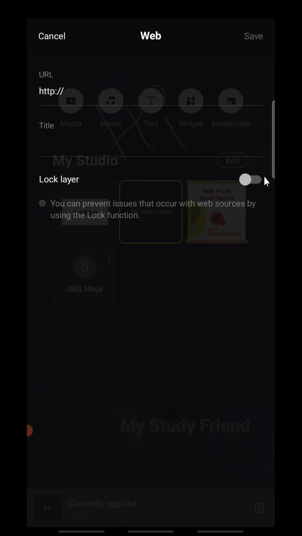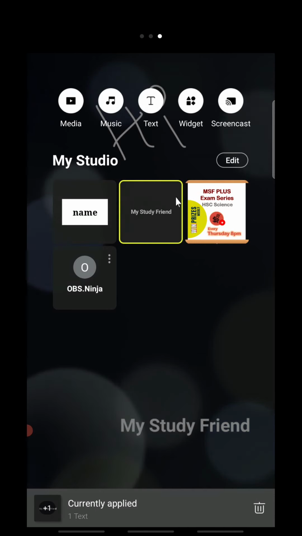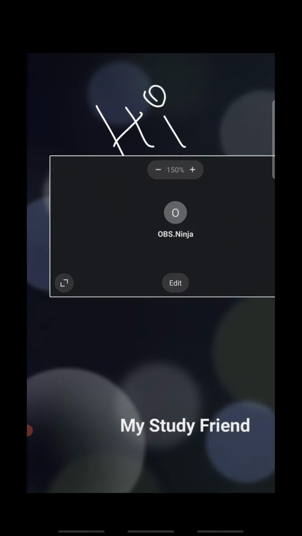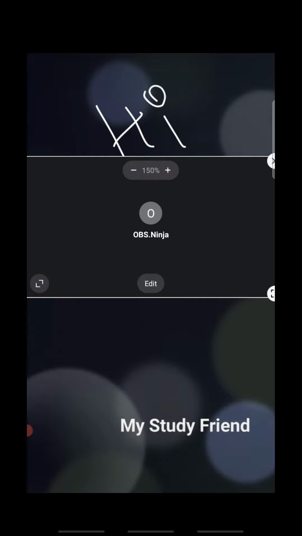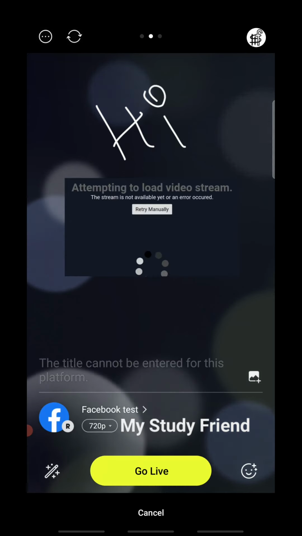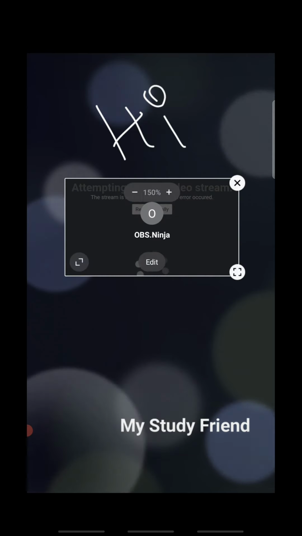And also you can lock the layer. What does it mean, lock the layer? Let me show you. If you lock the layer, that means, let me show you. Here is a web source. I'm showing you just. If you lock the layer, that means you cannot resize it. Here I can resize the window, the browser size and everything, but you cannot do that if you lock the window. But sometimes your screen may be full with many overlays, so locking the windows would be very useful. So see, the browser is working.